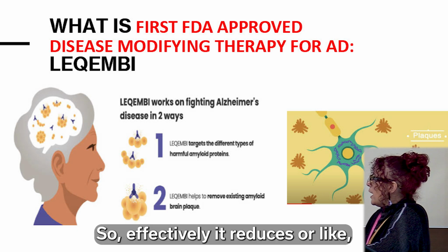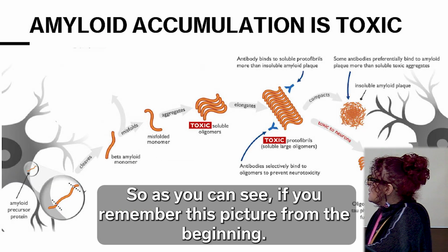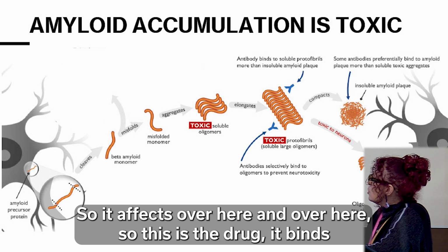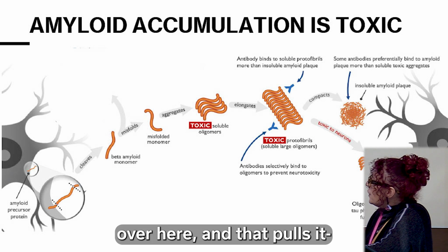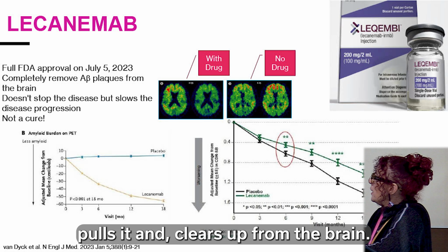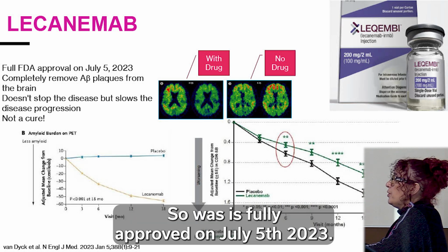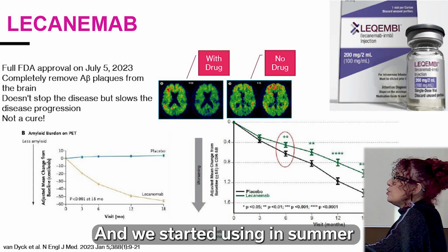So effectively, it eliminates amyloid plaques from the brain. If you remember this picture from the beginning, it affects over here and over here. Our drug binds over here and pulls it, and clears it out from the brain. This was fully approved on July 5th, 2023, and we started using it in December